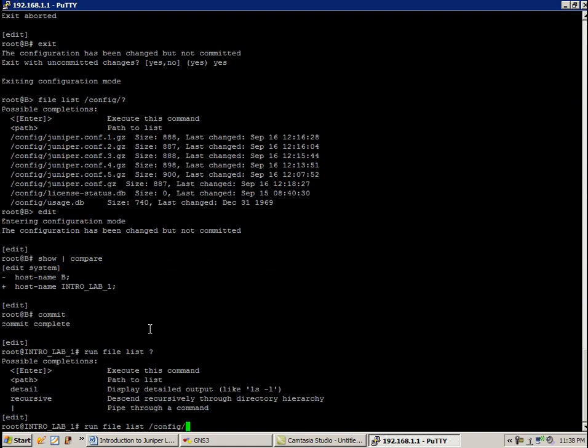Another good command is the run command. It's kind of like the do command on Cisco devices, where you do like do show from global configuration mode or interface configuration mode on the Cisco IOS device. The run option allows you to do kind of like the similar features. So you can do like run